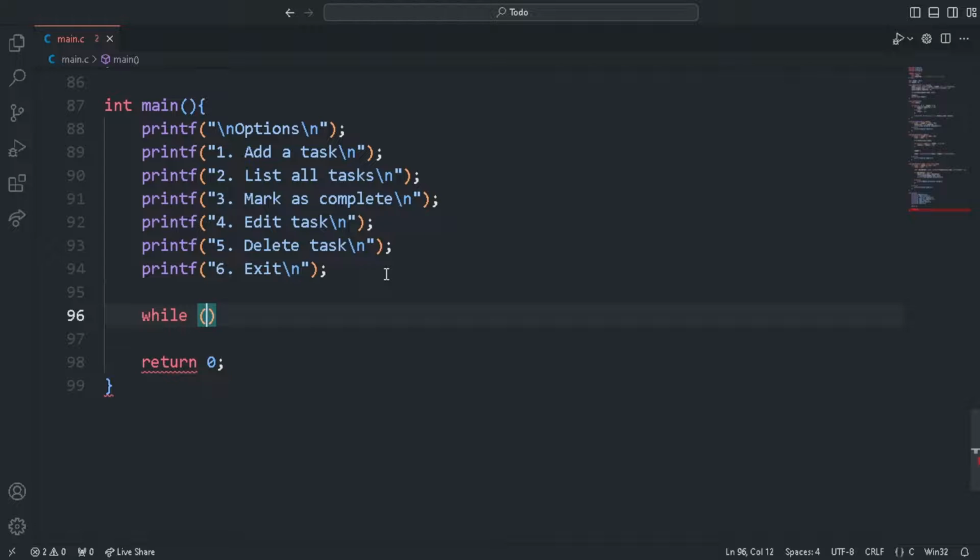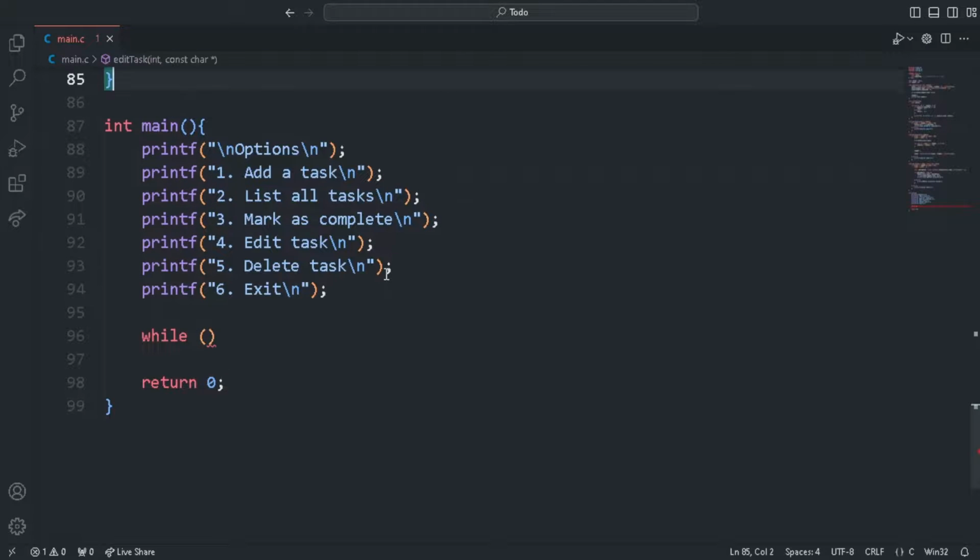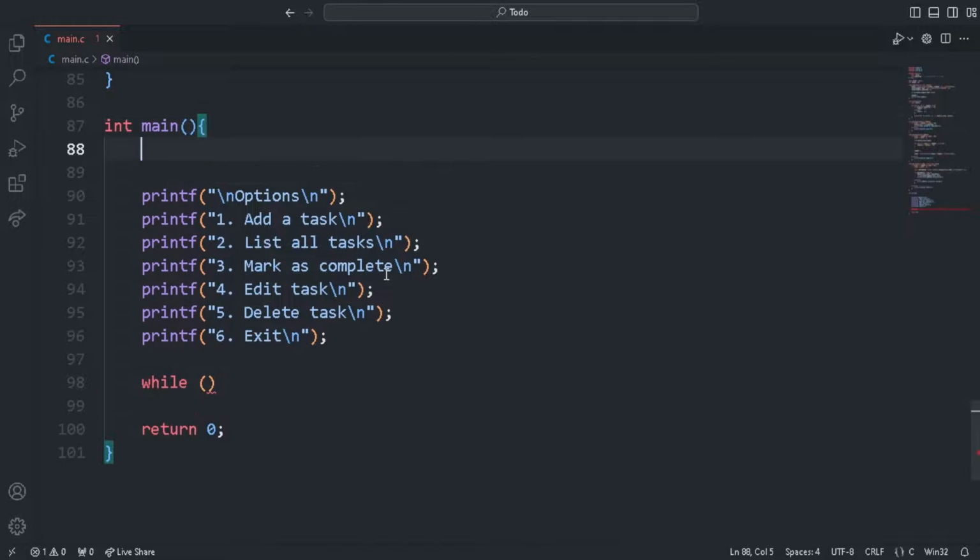Now what should we pass inside this? So what I can do is, because there is no boolean in C, I will use an integer again. So I'll set the name of the variable to running, and as default I will set it to 1. As long as it is 1, it is true. So while running,